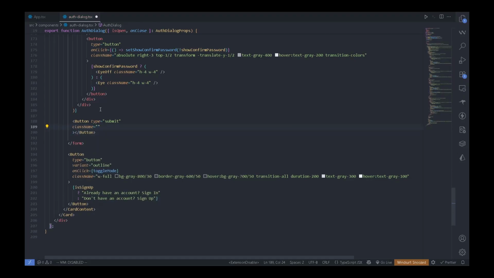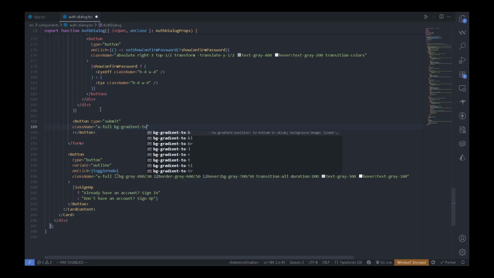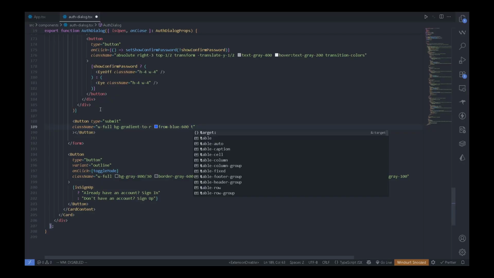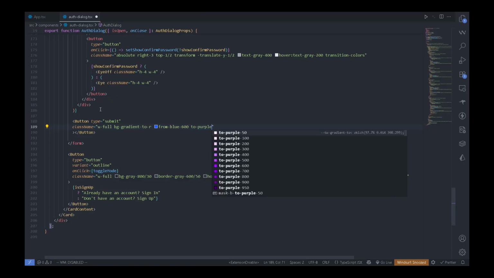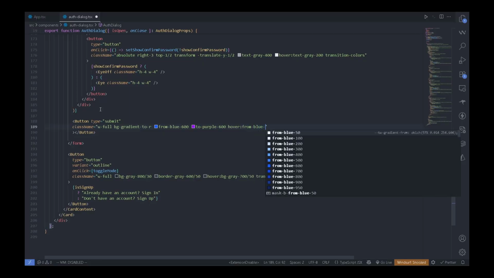will be w-full, bg-gradient-to-r from-blue-600 to-purple-600, hover:from-blue-700, hover:to-purple-700, then transition-all duration-200,